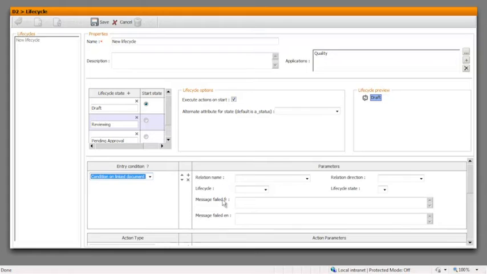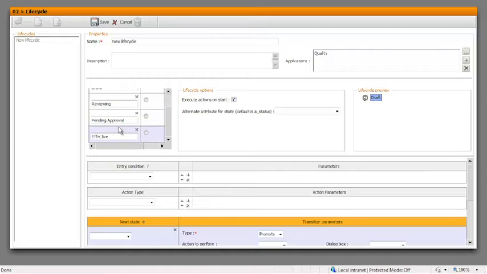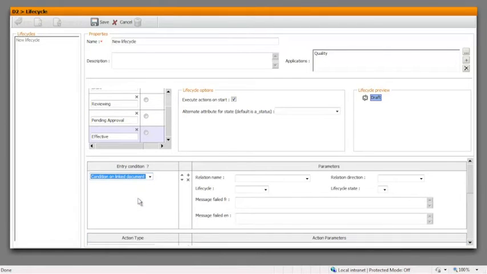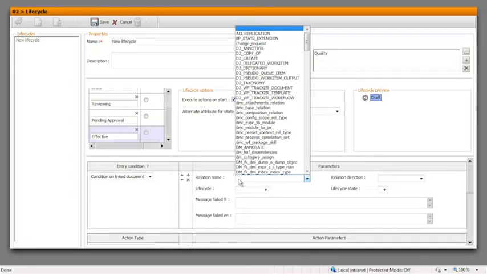Also, yeah, this is interesting, that part. Let's say that you have in your application a main document, and related to this main document, you have different translated versions of the main document. And what you want to be sure of is that before sending the document to, for instance, the effective status, you want to be sure that the translated versions are also effective. And so you can easily check this